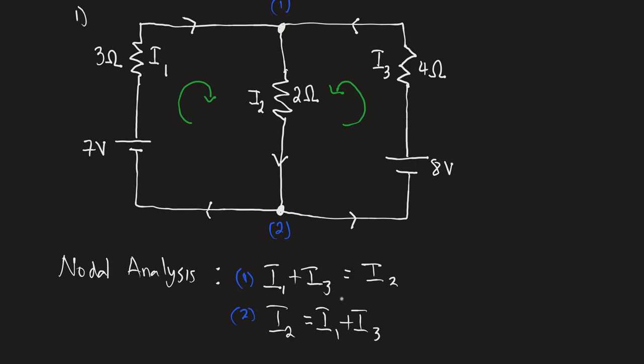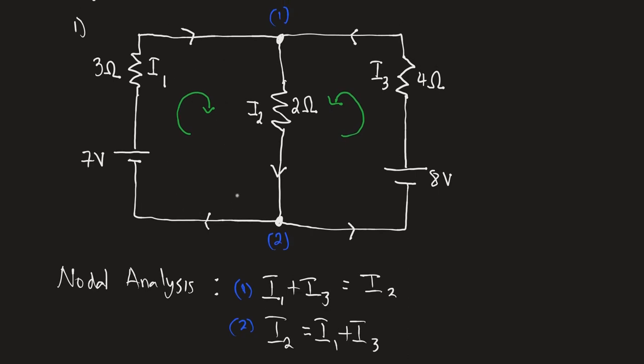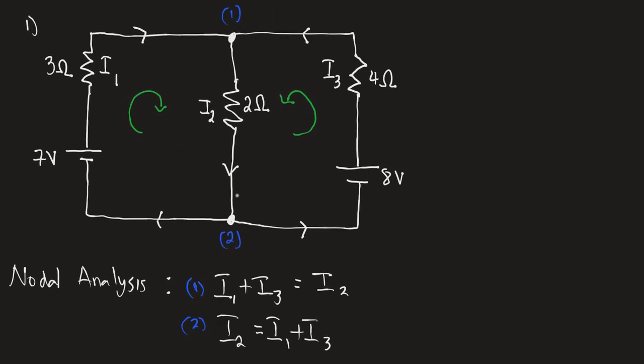So we basically have one constraint at this point, and if we want to find unique values for all of these currents, which should be constant, right? We're going to need two more constraints, and that's where the other principle comes in about what happens in a closed path, which we can also refer to as a loop, right? So let me just scroll a little bit to the right here, and then now let's do what we're going to call a loop analysis,